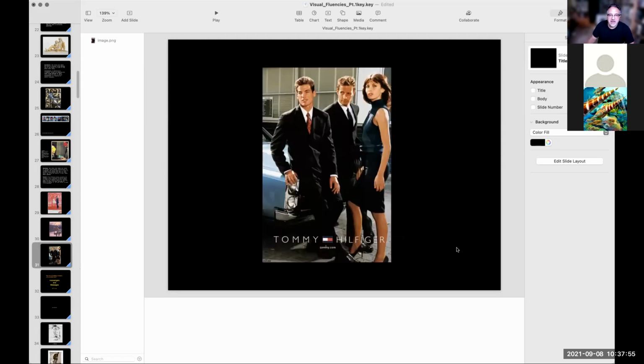This is a Tommy Hilfiger ad. Again, another metonymic kind of association where one image, you'll notice here, it's simply just this identity. And these ads are coming from very different eras of advertising, and the strategies are somewhat different. So I don't want to pretend like they're all on the same level, using the same tools the same way,